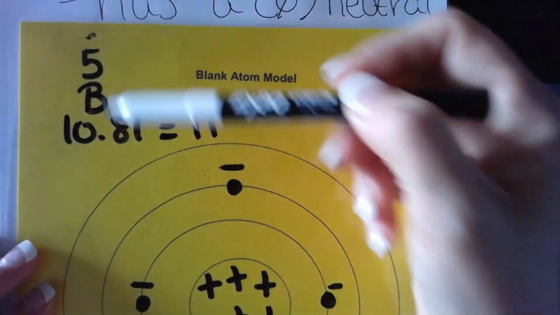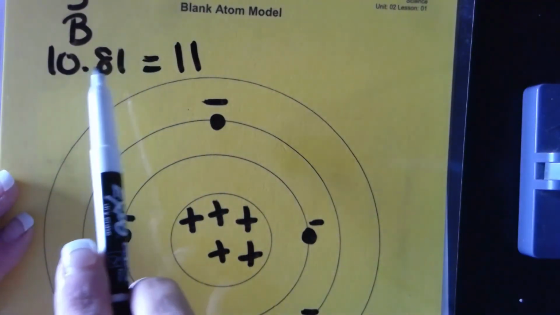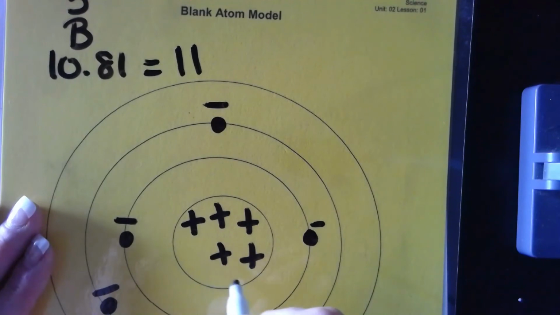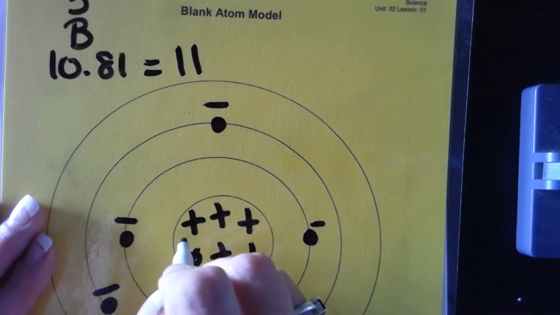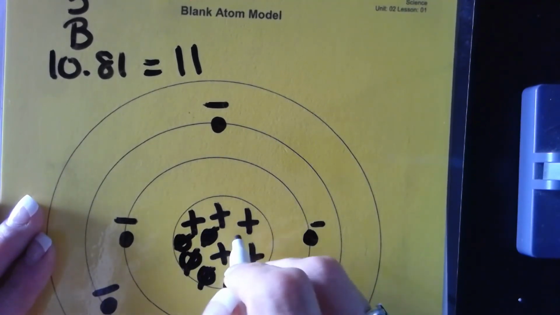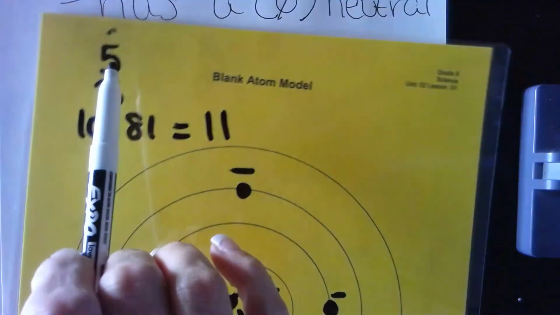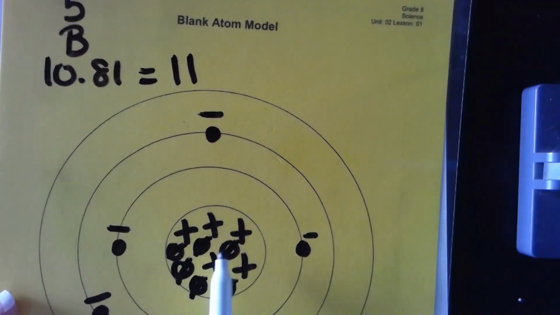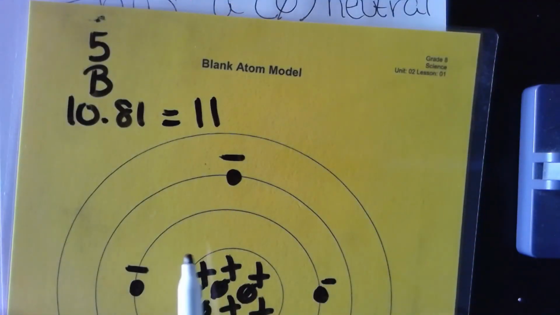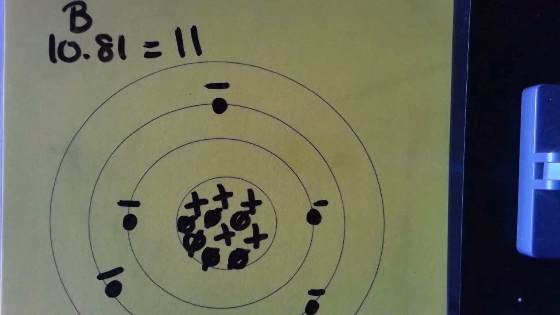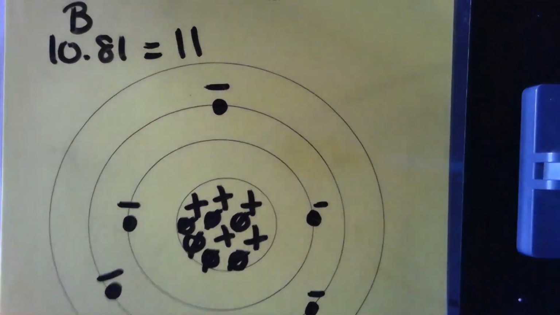Now, I know I have 5 protons in my nucleus. So how many neutrons do I need to add to make up that number 11? 6, right? So I'm going to draw 6 O's, with the little line in or out. It's up to you. But there you go. Now I have 5 protons equals my atomic number, and 6 neutrons, and 6 plus 5 equals 11. And don't forget about your electrons out here. And that is protons, neutrons, and electrons broken down in steps.